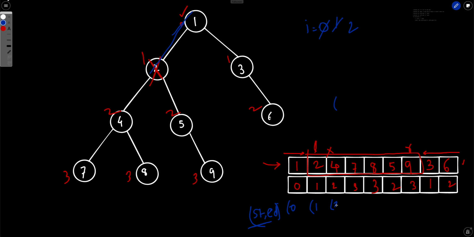Now you visit 4. So 4 is starting from 2, right? Forget about this 4, this is a value array. So 4 is starting from 2. Now you increment it again and visit 7. So 7 is starting from 3. Now you increment it again and make it 4. But now you will see that 7 doesn't have a left or right subtree, right? So 7 is exhausted. So before incrementing,